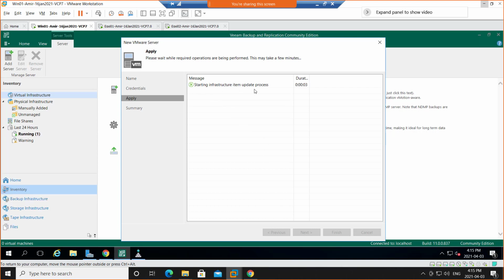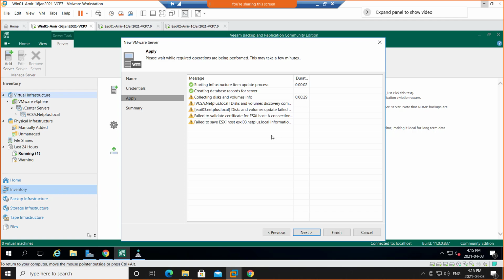Okay, starting infrastructure item update process, creating database records for server, collecting disks and volumes info. So it's able to connect and is trying to grab all the information, inventory information, any necessary configurational information that it needs to offer its backup and replication services. So it's just importing all that information to the Veeam console, and then it says that failed to connect 3